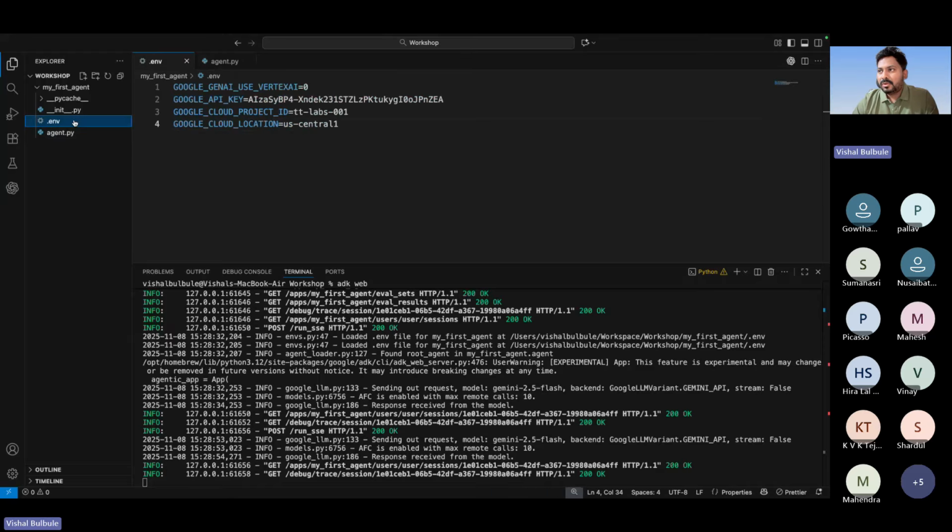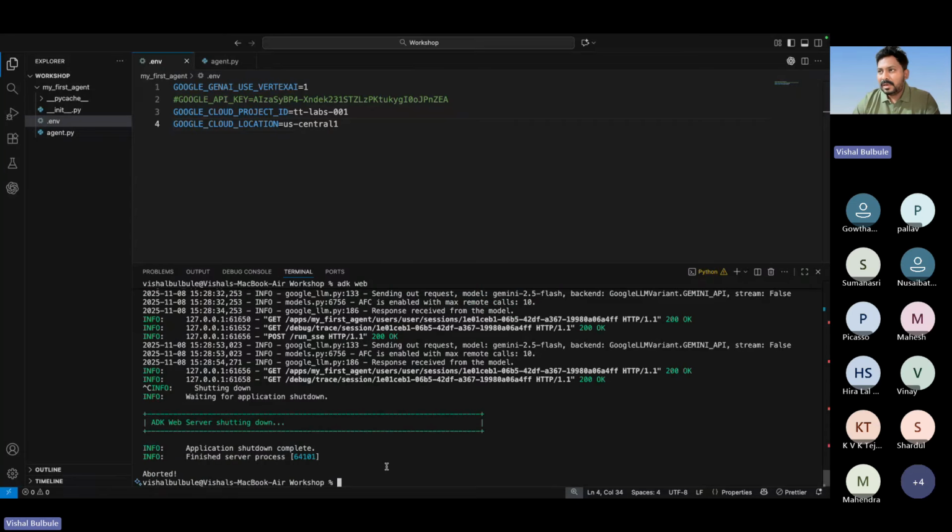And let's say now I don't want to use an API key. Okay. So this is the first method with Vertex AI 0. I will use the second method. I don't want to use an API key. I will make it one. It means it will use Vertex AI. So here is one important thing: if it is running from Google Cloud Run, or it is running on a Google Cloud service, it will use the service account. It is running from my local, so I need the CLI installed and I need to authenticate with gcloud auth application-default login. So it will use my credentials to access the